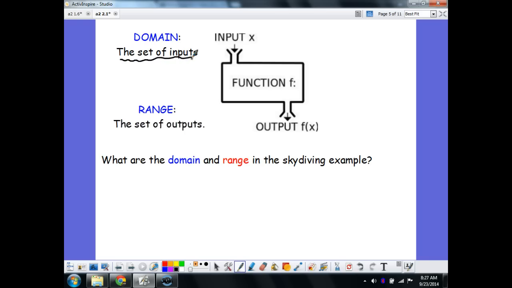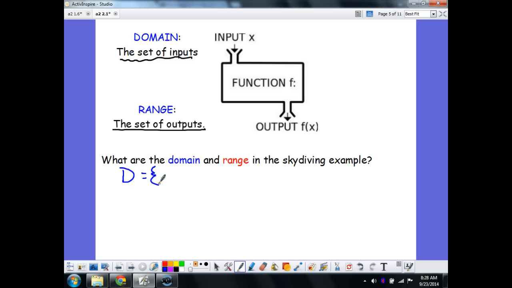The x values, remember the domain was left to right, which is how x changes. And the range is a set of outputs, the y's, which is how it changes vertically, and so on. So in this case, when we have a finite set of points, we express our domain and range a little bit differently. So our domain in the skydiving example, and this is one of the examples on your worksheet,